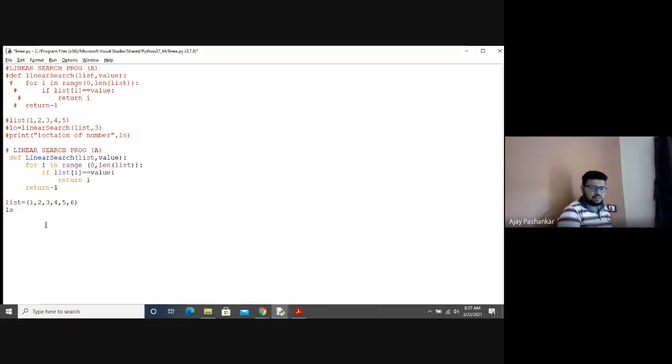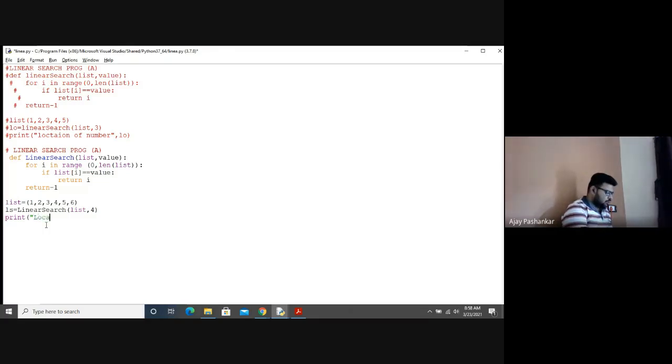So I'm passing that linear search into brackets. I want to search within a list, so that list I have provided, list comma, the index position I want to retrieve is location. I want to search for value 4, so I pass 4. No issue with this. I want to print that value after searching.